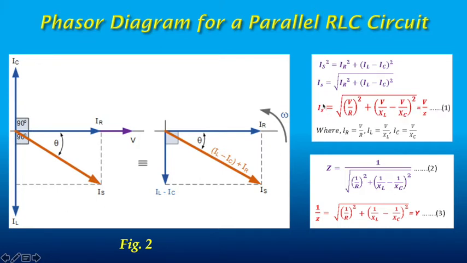Then this Is we can write as V by Z. If V is common, then we get 1 by Z equal to this. That means Z equals this value. So 1 by Z equals Y. This is the admittance. You will notice that the final equation for a parallel RLC circuit produces complex impedance for each parallel branch, as each element becomes the reciprocal of impedance, 1 by Z. The reciprocal of impedance is commonly called admittance. The symbol is capital Y.